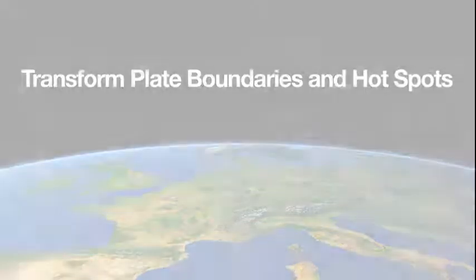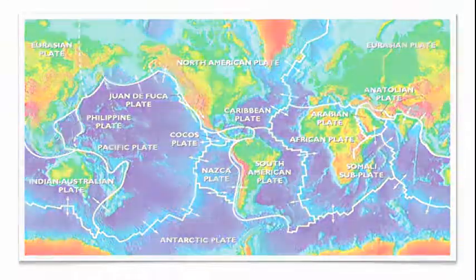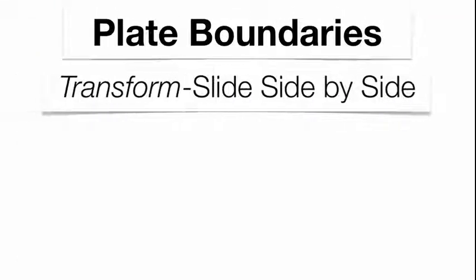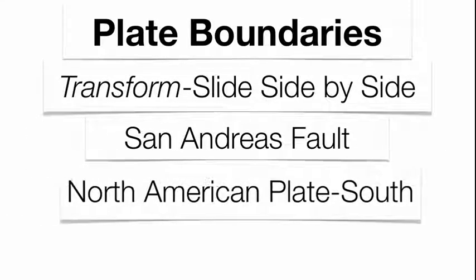The most prominent transform plate boundary we have on the planet is right here in the United States, right in California. That's going to be the San Andreas Fault. A transform plate boundary just means two plates slide side by side next to each other, traveling in opposite directions. Your San Andreas Fault is going to be the boundary between the North American plate traveling south and the